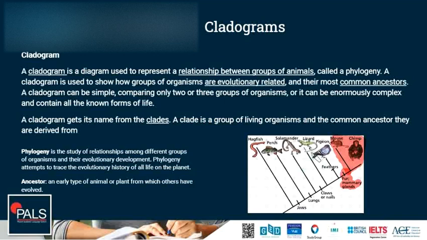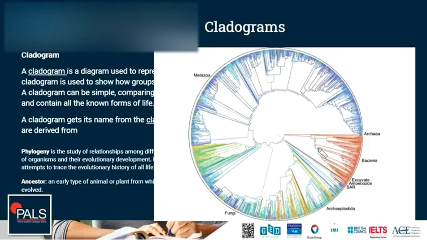This is, as I said, a relatively simple cladogram. It goes to very complex. For example, here we can see more or less the complete tree of life as far as we know it, and that for sure is a very complex cladogram. It really depends on the researcher, or you, what you want to investigate, and the relations between organisms you want to look at.